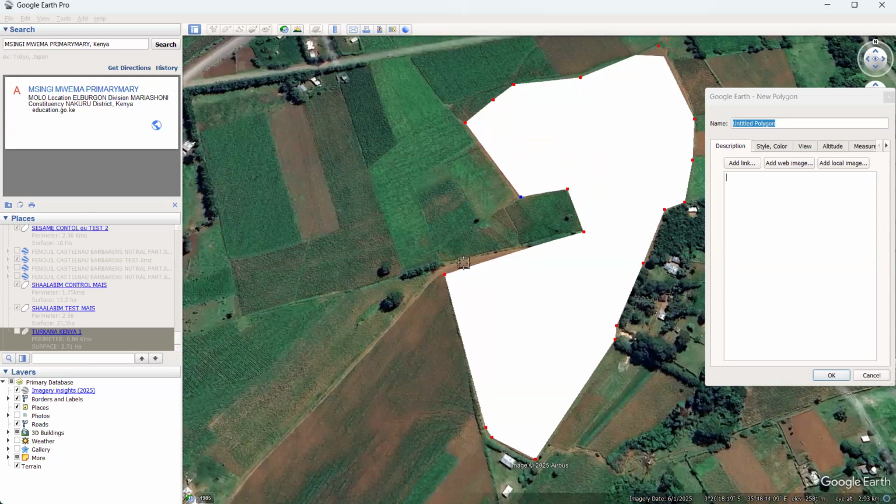As you can see, there's a bit missing here. So I go back on this blue point and I go up. Okay, I did my polygon. Now, on the right, on the window, I make a title, Kenya 1, for example. I go to measures just underneath, and I can see the perimeter is 0.86 and the area